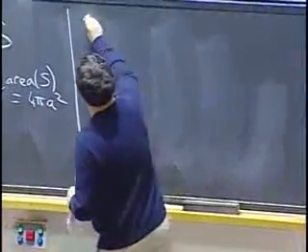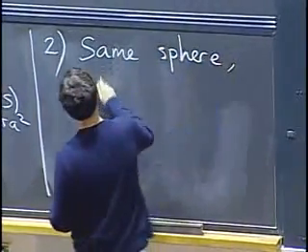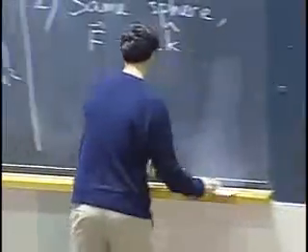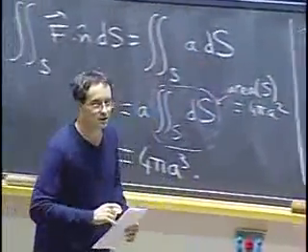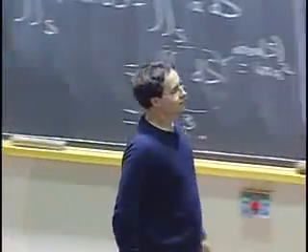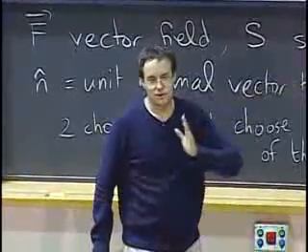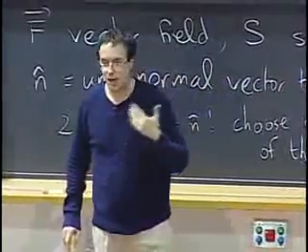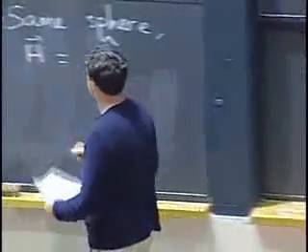So let's do a second example with the same sphere, but now my vector field is going to be just z times k. Let me give it a different name. Let me call it h instead of f, just so that it's not called f anymore. The initial part of the setup is still the same. The normal vector is still the same. What changes is that my vector field is no longer sticking straight out, so I can't use this easy geometric argument. It looks like I will have to compute h dot n and then figure out how to integrate that with dS. So let's do that.